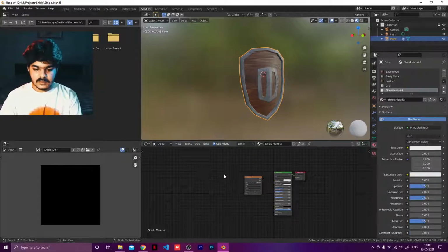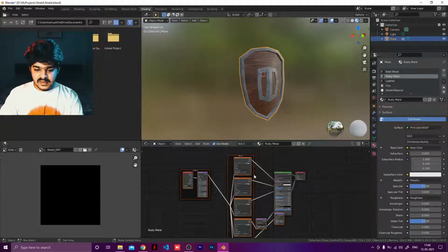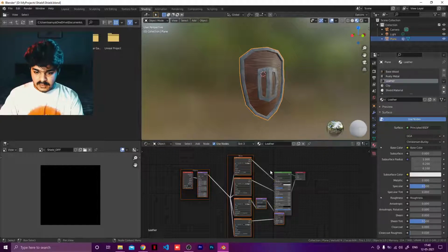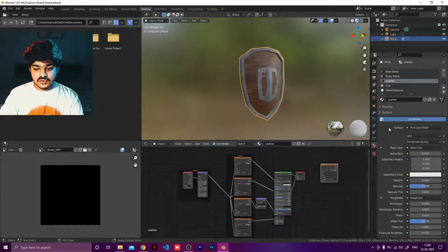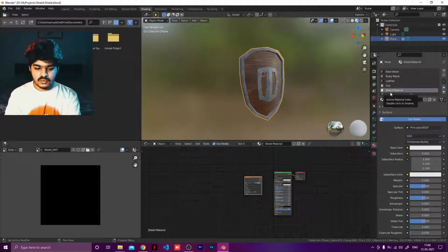I don't need the duplicate. Copy it from here and just come up to this panel, paste it here, put it anywhere. The place is not going to matter at all, because you just want the image texture to be there and it should not be connected to anything, so that it can just capture the data from all those materials and dump it into one big texture, that is shield diff.